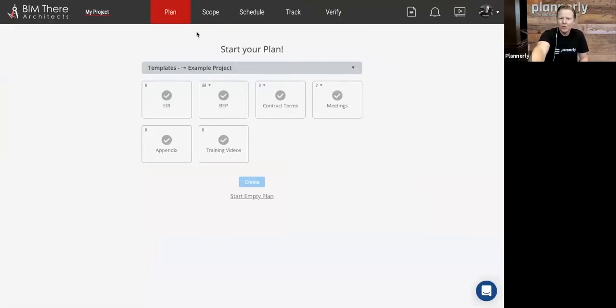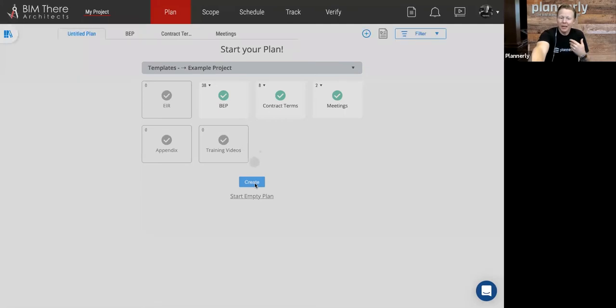And I can show you an example. Maybe I should share my screen. It's probably the easiest way to see an example. So when you come into Plannerly, it's not a boring result that you get when you simply say, I need to include BIM execution plans and my contract terms and my minutes for my meeting.